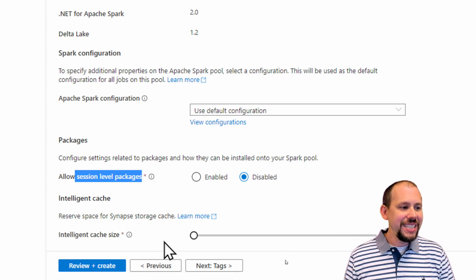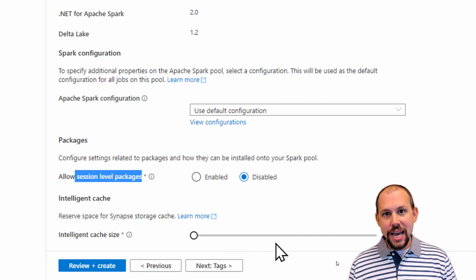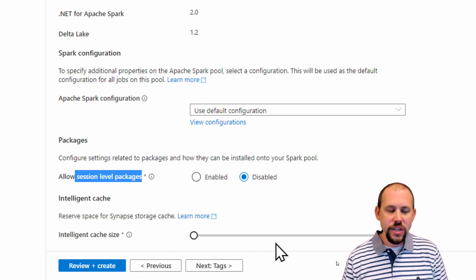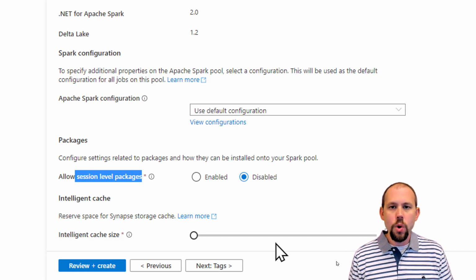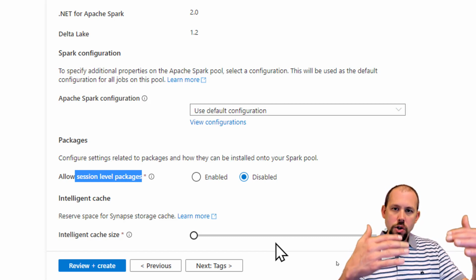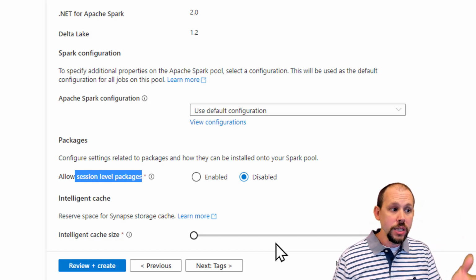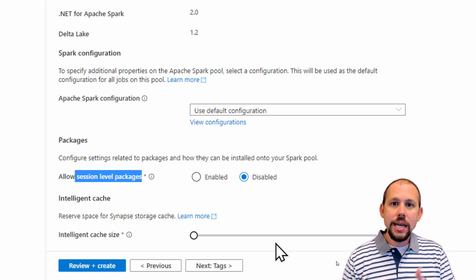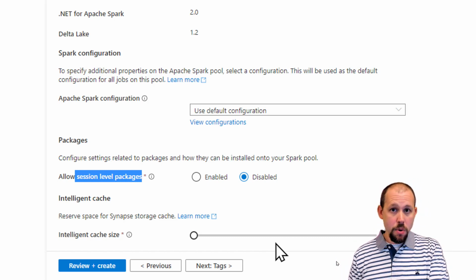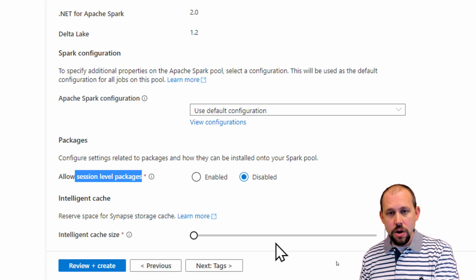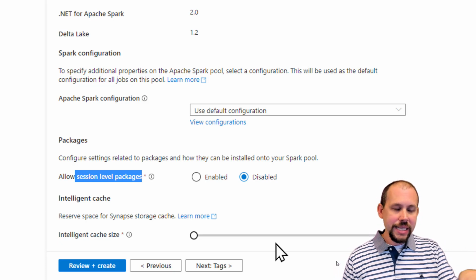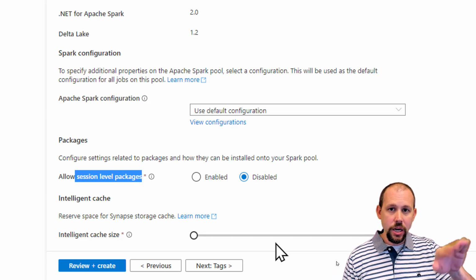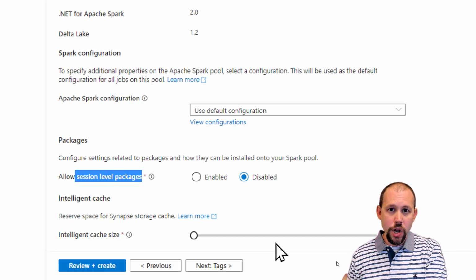Down here we have something known as intelligent cache size. This is another one of those newer features that's available. The idea behind this is that as you're working within your notebook and going through all of these different code cells, this can actually take data and information and store it into memory so that it is available later on. And if I remember correctly, this intelligent cache size is actually allocated on each of your separate worker nodes,